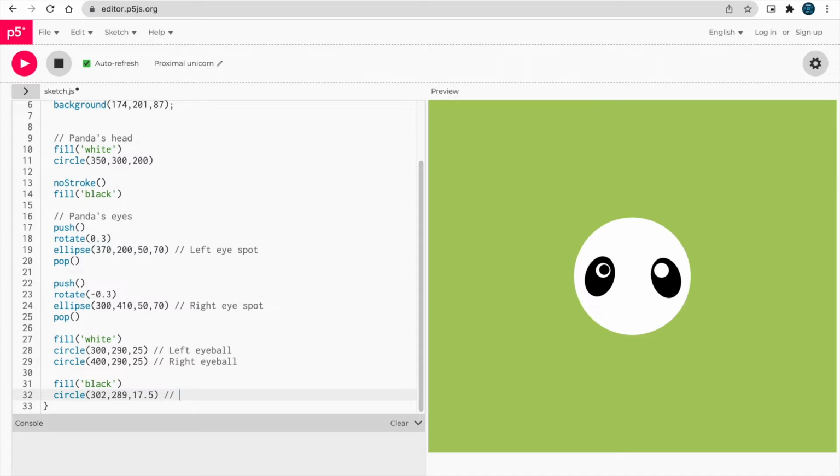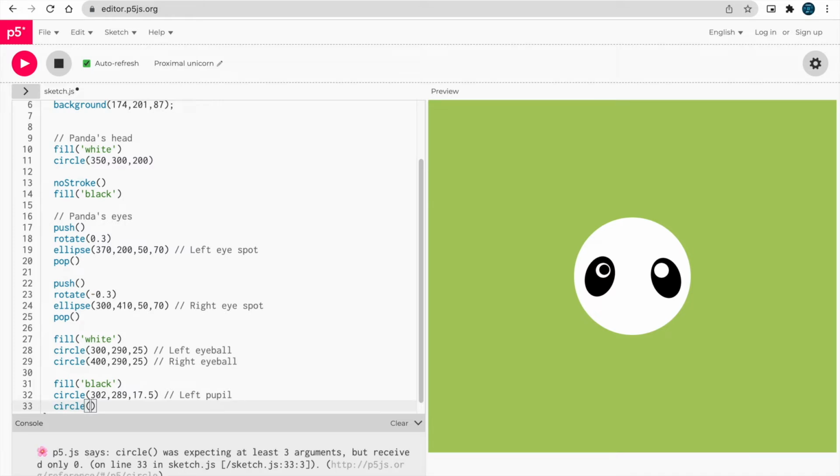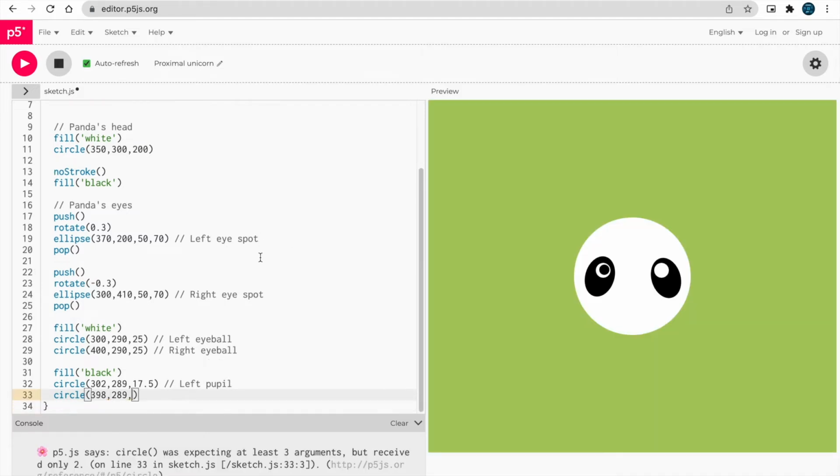This is the left pupil, and for the right pupil, okay, the right one is this, and 17.5. Okay, so this is the right pupil.